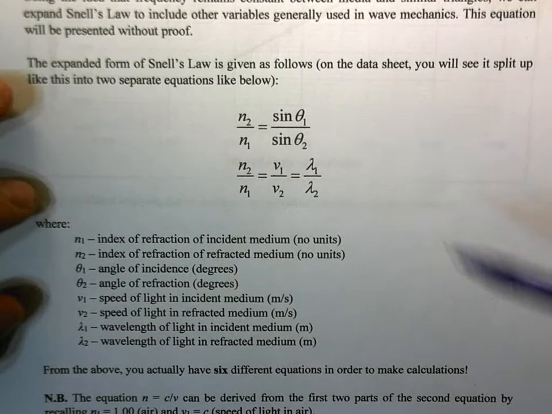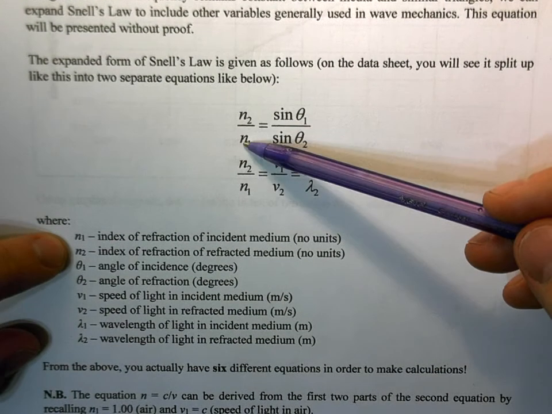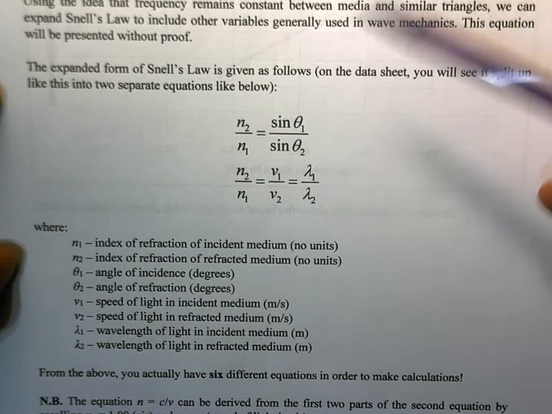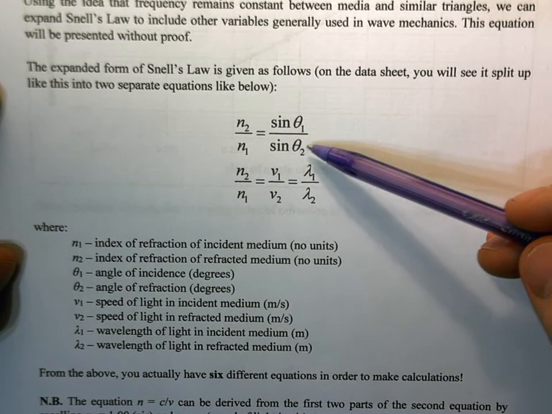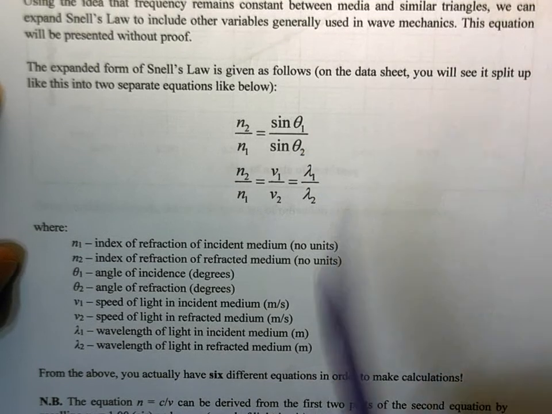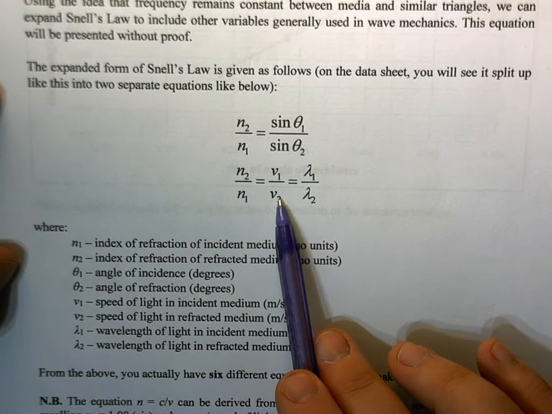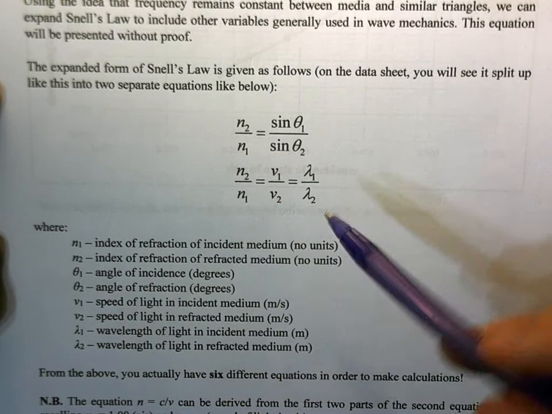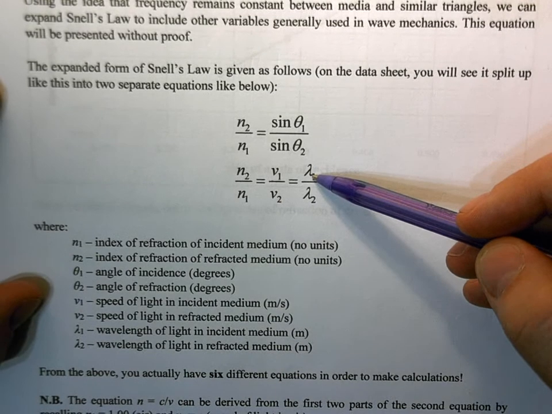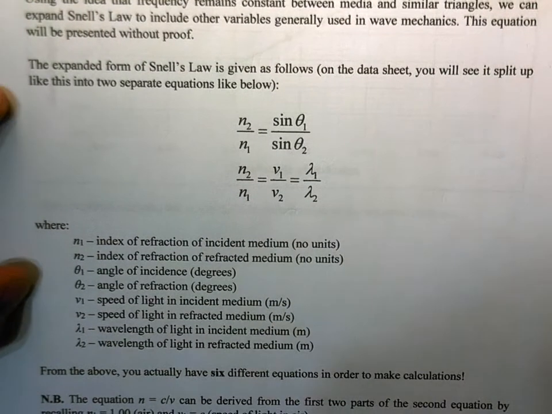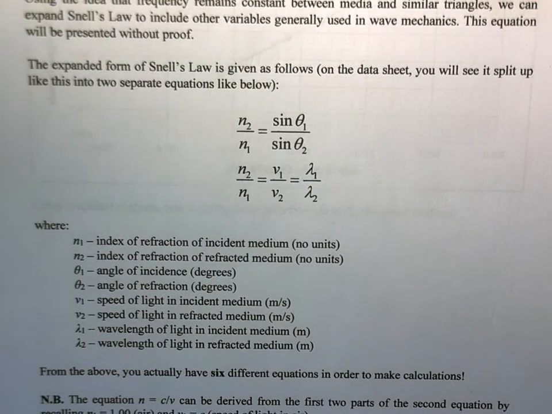And of course, we have everything defined. So n1 is our index of refraction, our incident medium. n2 is the index of refraction, our refracted medium. Theta 1 is our angle of incidence. Theta 2 is our angle of refraction. v1 is going to be the speed of light in the incident medium. v2 is going to be the speed of light in the refracted medium. Lambda 1 is going to be the wavelength of light in the incident medium. And lambda 2 is going to be the wavelength of light in the refracted medium. So we have a lot of equations in here, but again, it's a really powerful tool